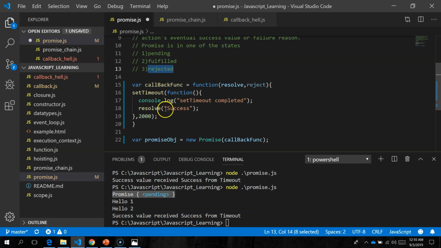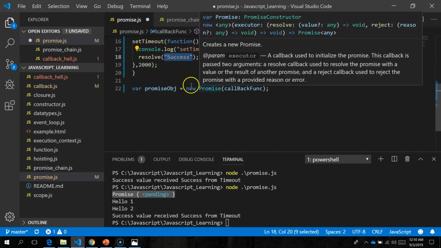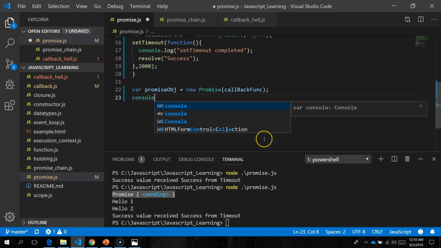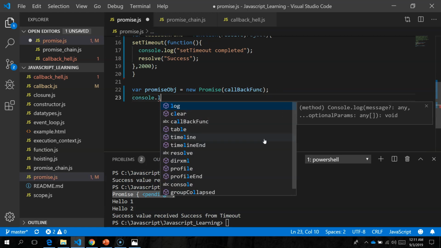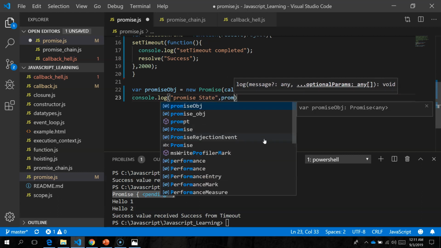The value is success here in this case. When this executes, it will not have received that value yet. If I console log the promise object here, you can see the promise state. I will try to print the promise state, and I will print the promise object here.